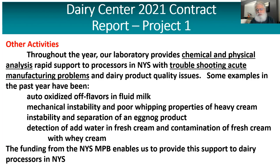A focus on mechanical instability and poor whipping properties of heavy cream due to some issues in how cream is handled, cream separator operation, and so on, that we were able to trace as the cause of the instability. We also spent some time helping out with an eggnog product that was having separation problems. And there's been more interest by both selling and receiving plants for fresh cream, tanker loads of fresh cream, in terms of detection of added water in loads of cream, and also detecting a combination of fresh cream with whey cream. The funding from the New York State Milk Promotion Board enables us to provide this support to dairy processors